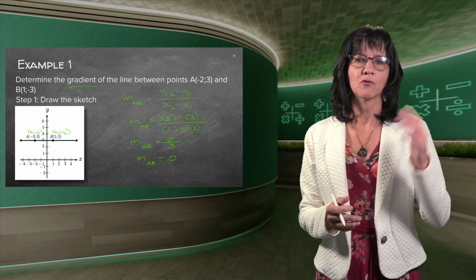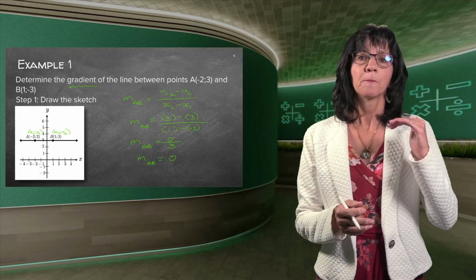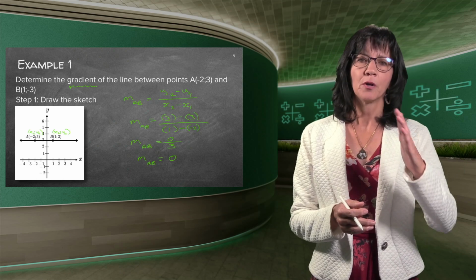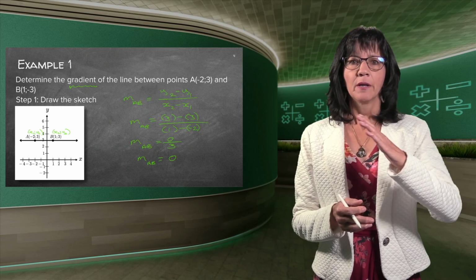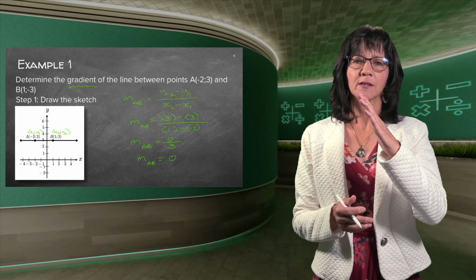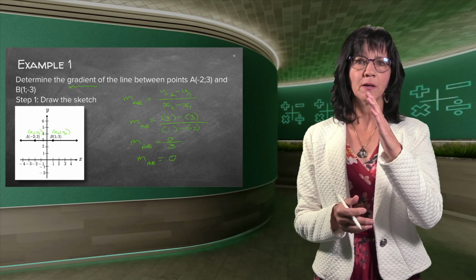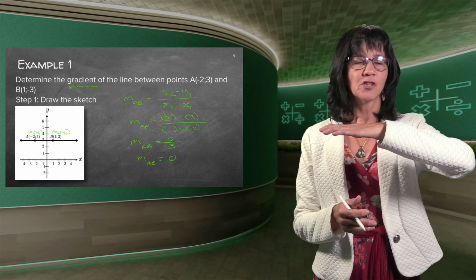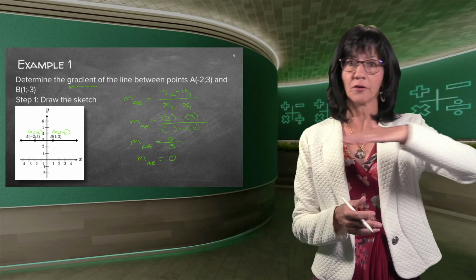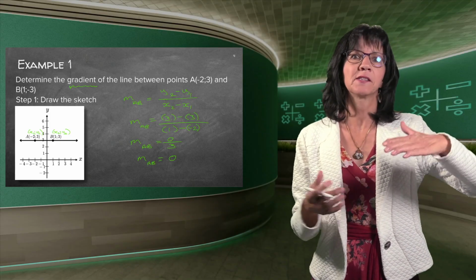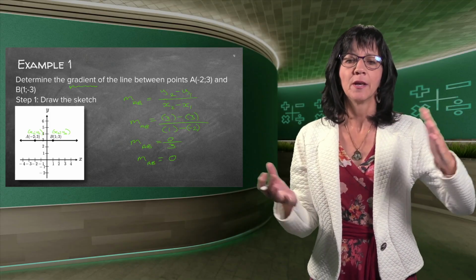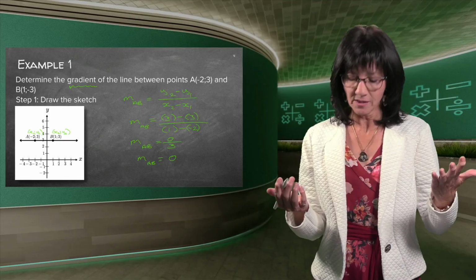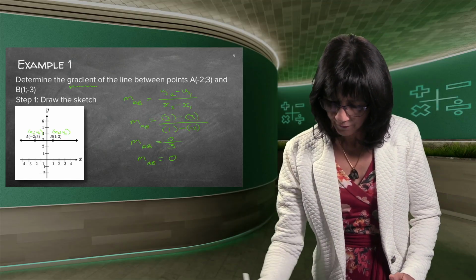Now remember what we said right in the beginning in the previous lesson. When we do gradient, we do the steepness or the slope of the line. Now, if I go up like that, the graph is going to go steeper, less steep. If I do this, the line is not steep at all. It's just horizontal. So there is, we can say, no steepness. There's no slope. So that is why the gradient in this case is just 0. So it's just a little bit funny answer, but nothing difficult on the method.